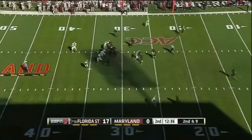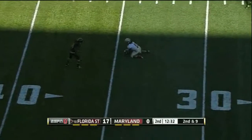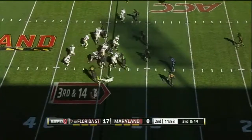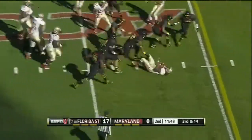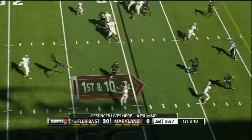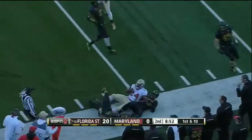On 2nd down, Manuel has 2 men open and goes checking to the running back Devontae Freeman. State from scoring for the 2nd time today. Freeman left side has a little bit of room and right through traffic continues on to make it. E.J. Manuel dumps it off to Lonnie Pryor, and Pryor takes it out to the